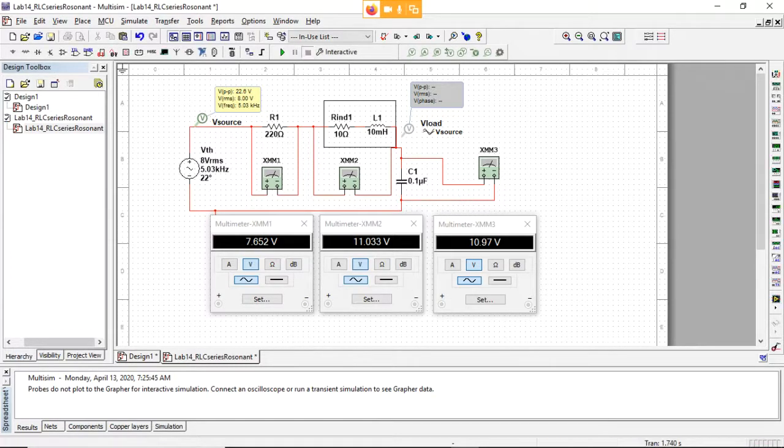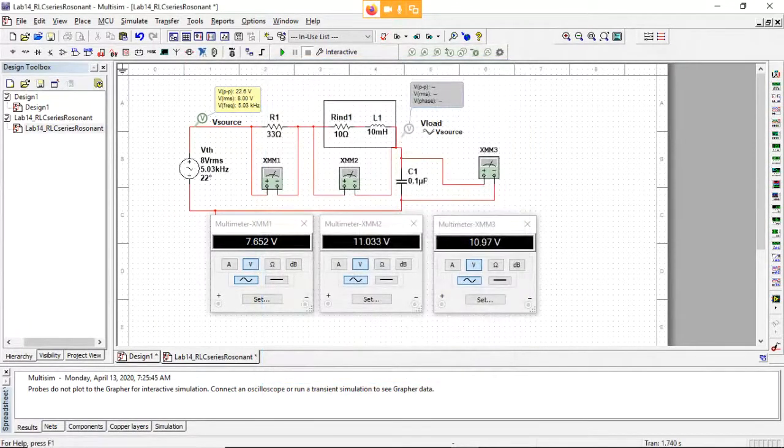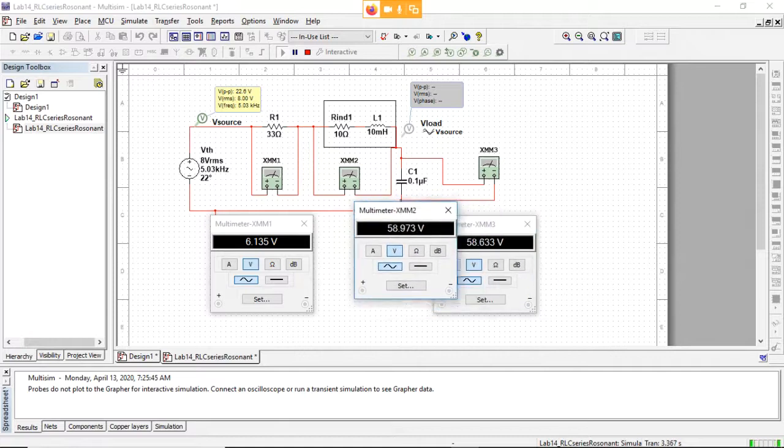Now, if we go to part 2 in the lab, they changed this 220 ohm resistor to 33 ohms. And watch what happens when we do this. Now we've got 6 volts here, and the reason that's 6 volts is because this is 10 here. If I connected this over here, we would be getting the 8 volts across all the resistors. But look at this. I'm getting almost 60 volts